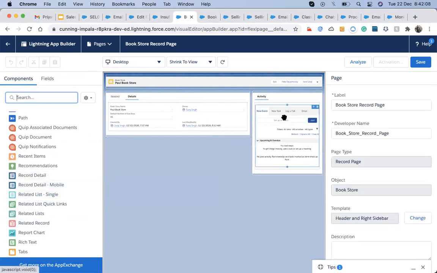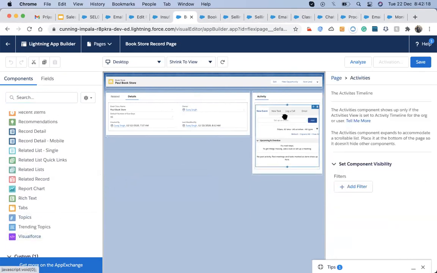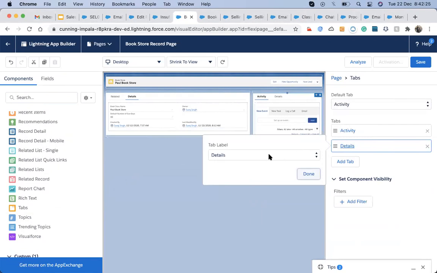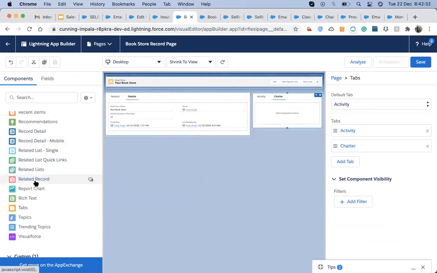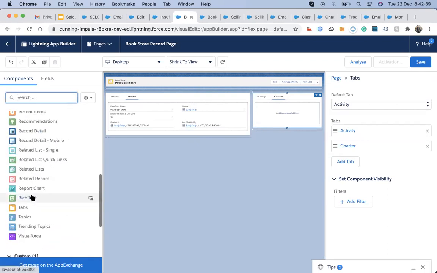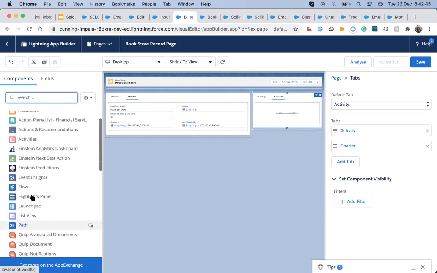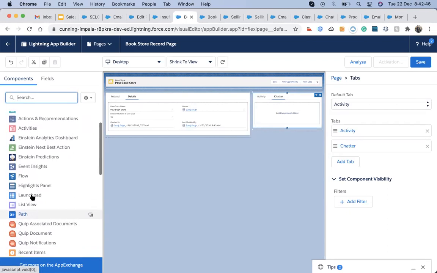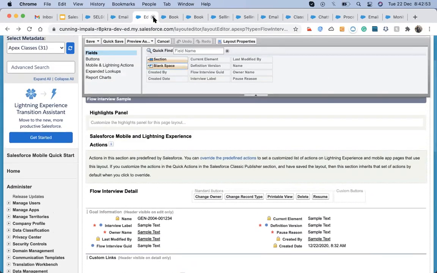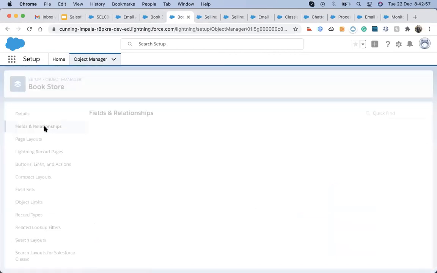Now it's coming up here, showing activities, but it's not showing the Chatter.